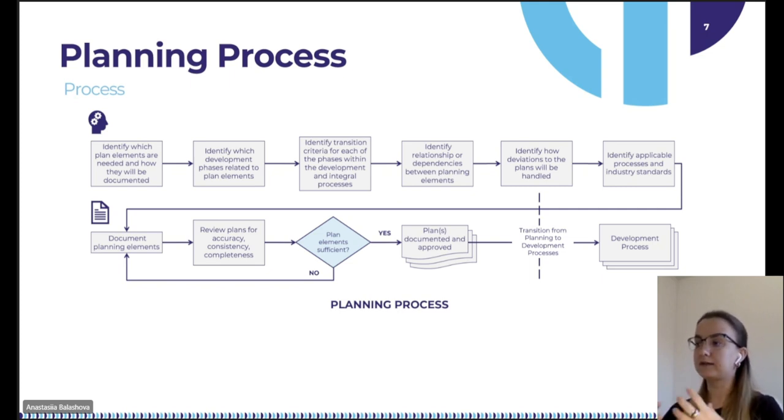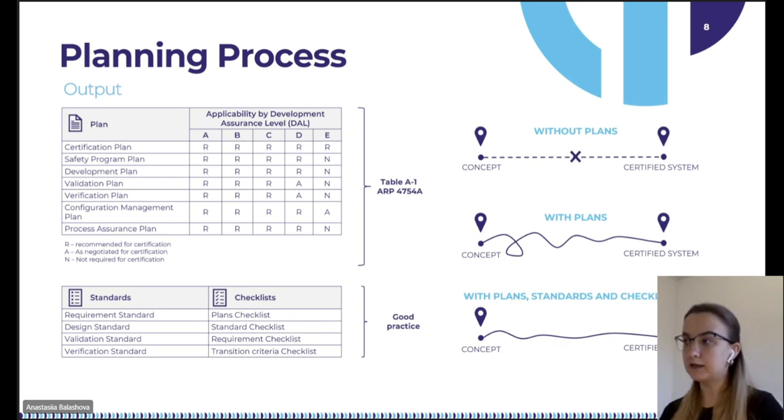At the next step, it's necessary to document the plans, put them through the review process, approve them, and if everything is in order, then we are ready to move on to the next development stage. So how do we determine which plans we need to release? Table A1 defines this from